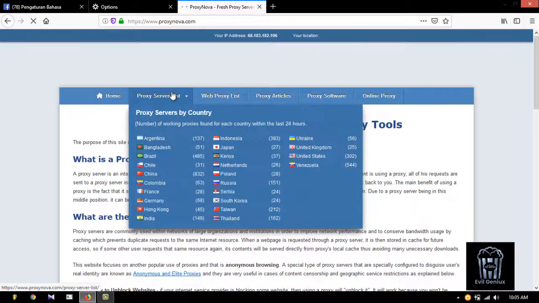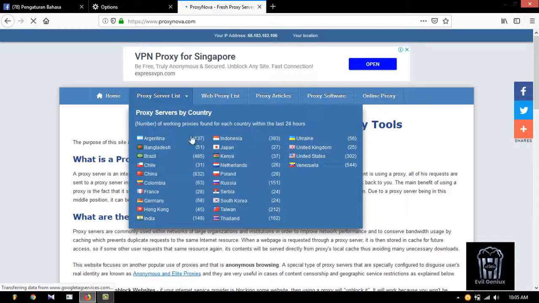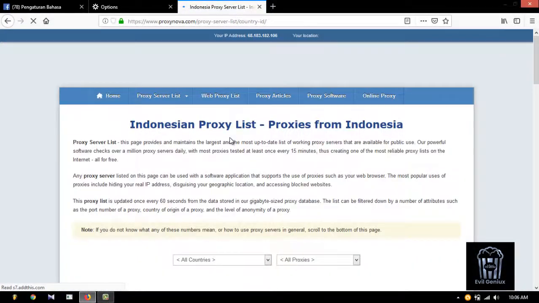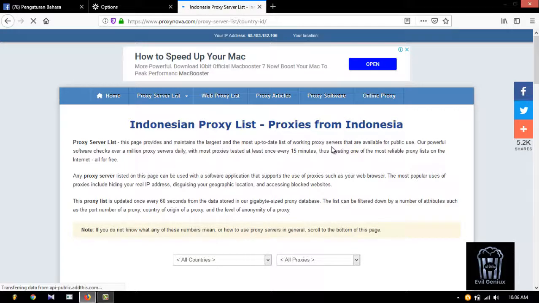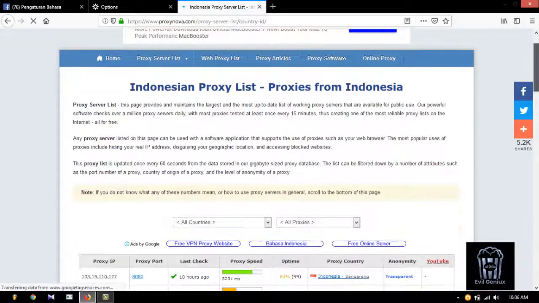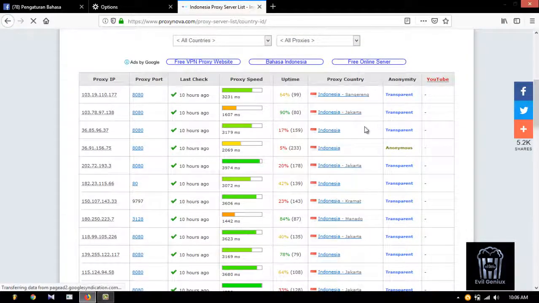On top of the tabs, proxy server list, you can check Indonesia. Here it is. As you can see, there are many proxies out there. Just pick the first one,